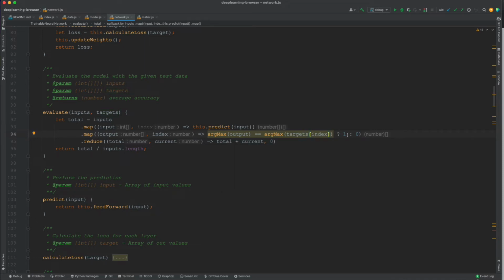If it is correct, we return 1, if not 0, and we just count the total of correct predictions, and then we get the average of it by taking the total divided by the length of inputs,